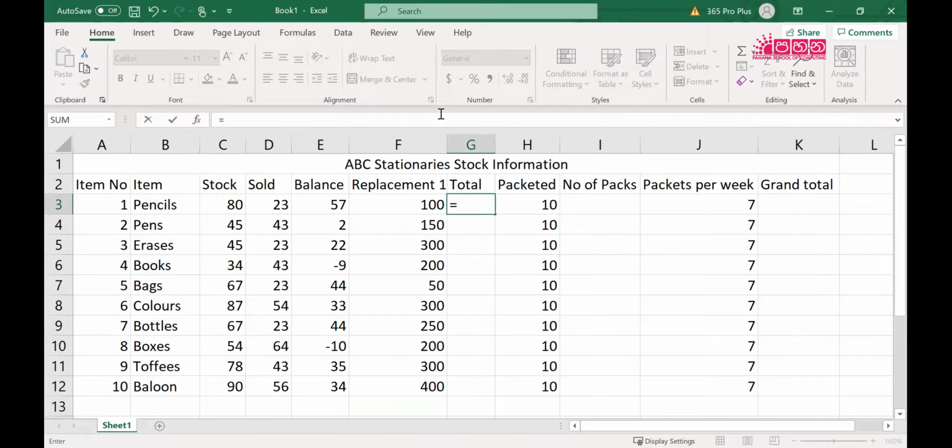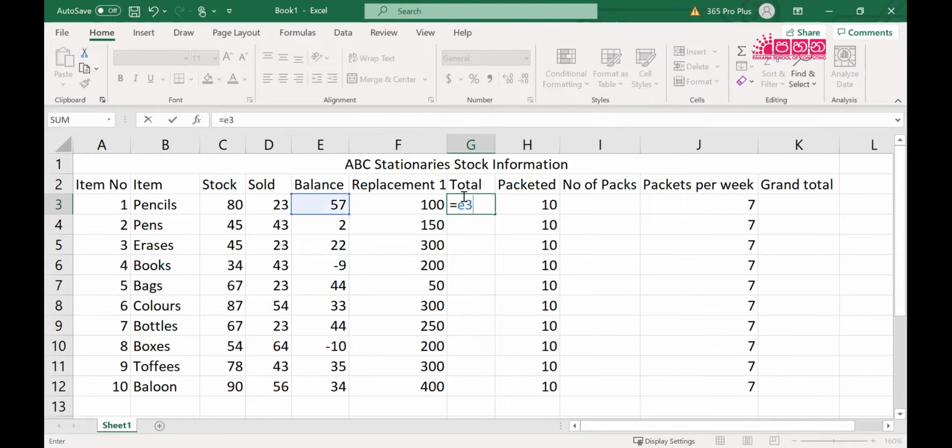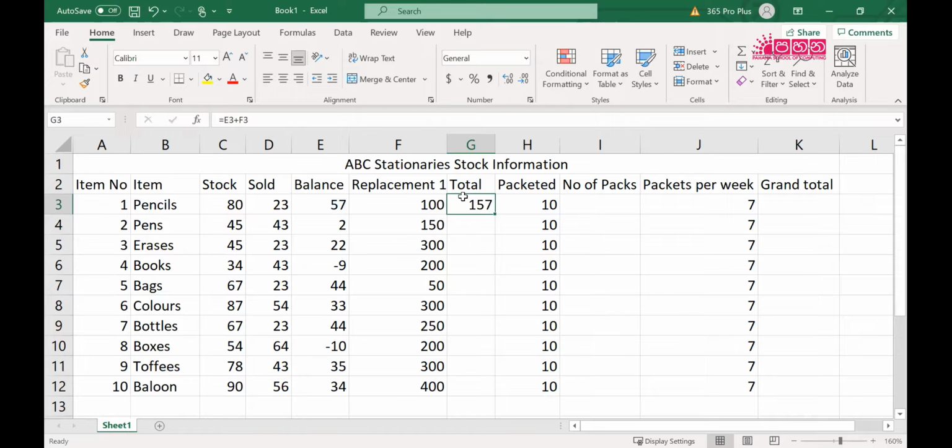Can you tell me the equation, Dhananjay? So balance plus replacement one. Yeah. So balance means E3 plus we have to add the replacement F3. So we are getting 157.